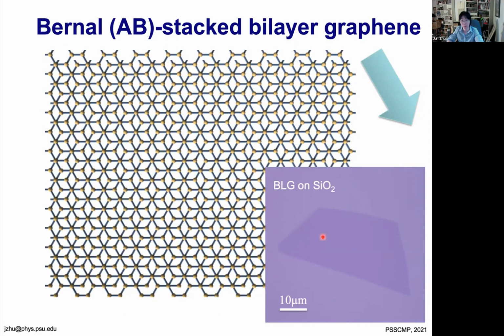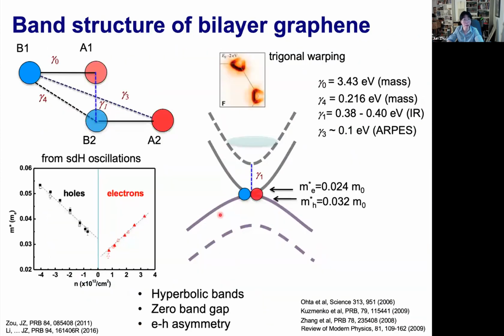SiO2, slightly purple. This comes out of a piece of graphite crystal. And if I look at the side view of the atoms that are involved in the band structure, I have two from the top layer and then two from the bottom layer. A1 and B2 are stacked on top of each other. So there's a strong on-site interaction represented by gamma 1 here. And then B1 and A1, of course, there's a